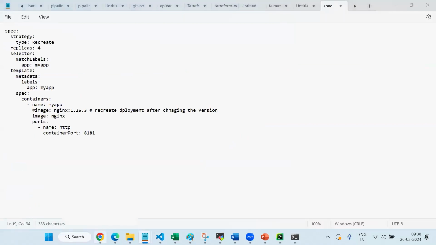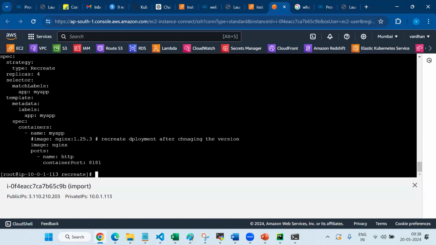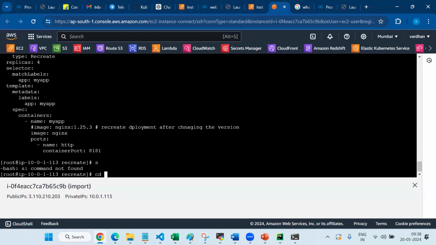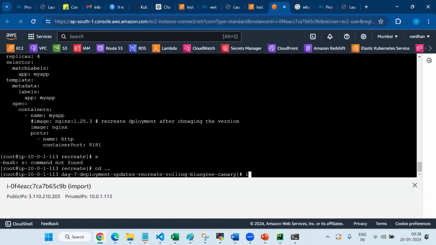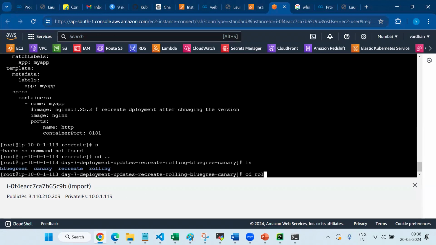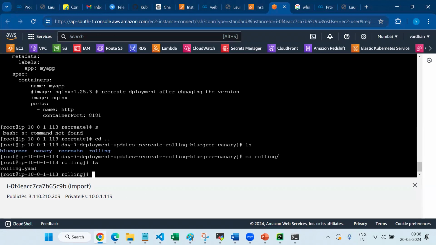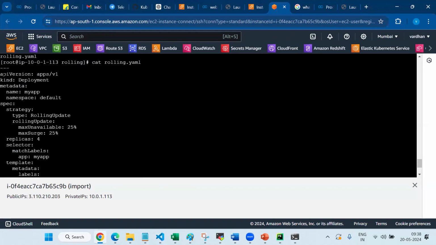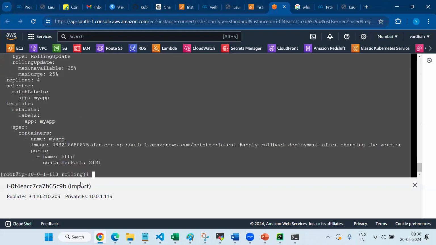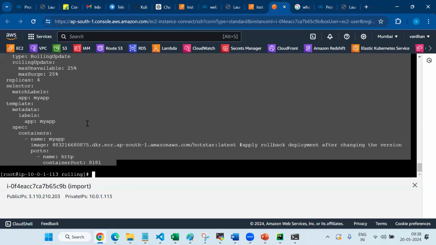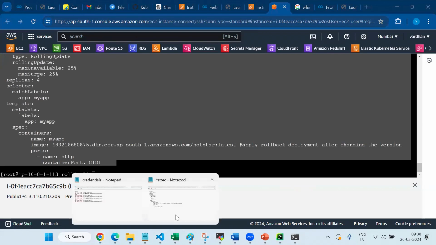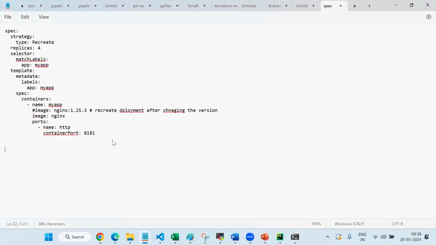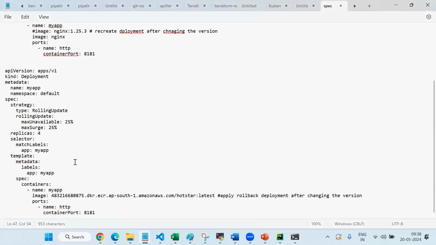Let's go to the next strategy. ls, cd back, ls, cd rolling, ls. So we cat rolling.yaml. Copy, paste it. Guys, okay, image only